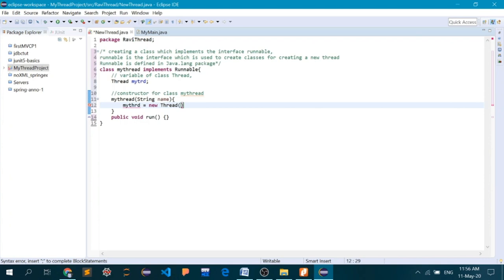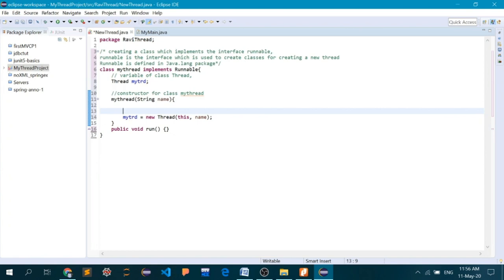One is an object and the next one is the name. We have already inserted the name, but first I am going to pass an object. So I am going to write here this, comma, and then name, and that is it. I have misspelled that. Now it must be okay. So let's pass one more argument, comment here.